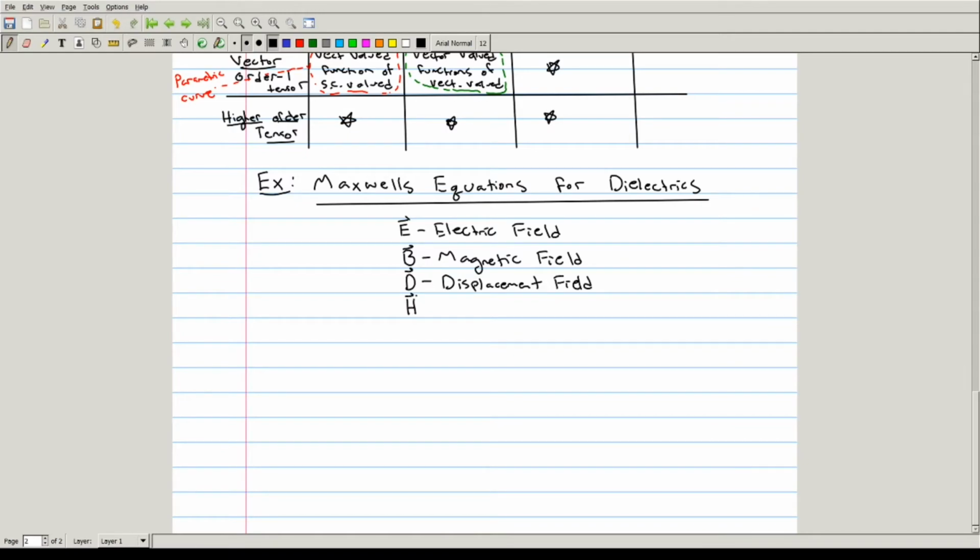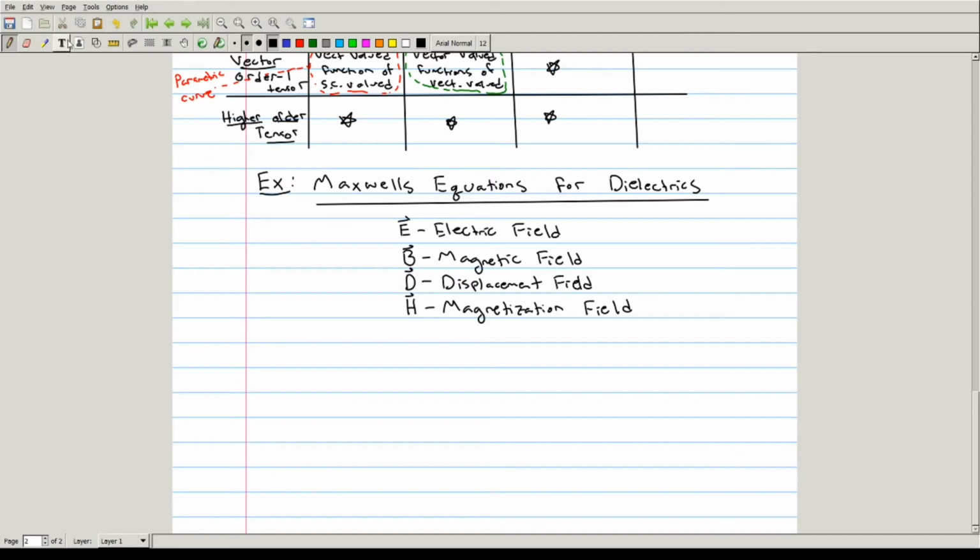It's denoted as H. There are two other corollary fields that are associated with the electric field and magnetic field, but through material with possibly very different material properties at every given point. And these are all governed by what are called Maxwell's equations through